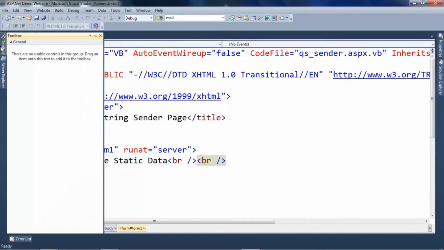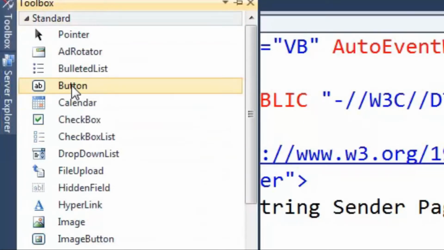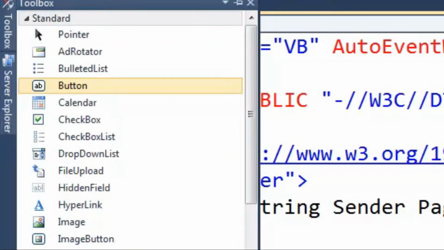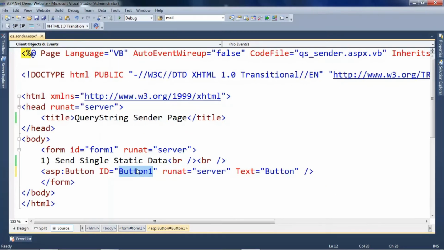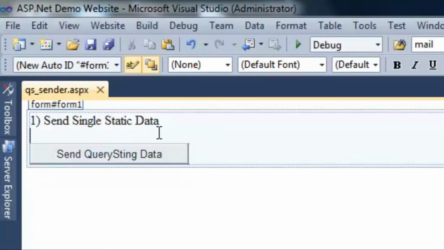In the toolbox, you will find all the controls of ASP.NET, and from that we will have button. So I just double clicked on this. It gave me the button with ID Button1 and text Button. So I'll say send query string data. So the UI will look like this, where we have just a simple button, send query string data.